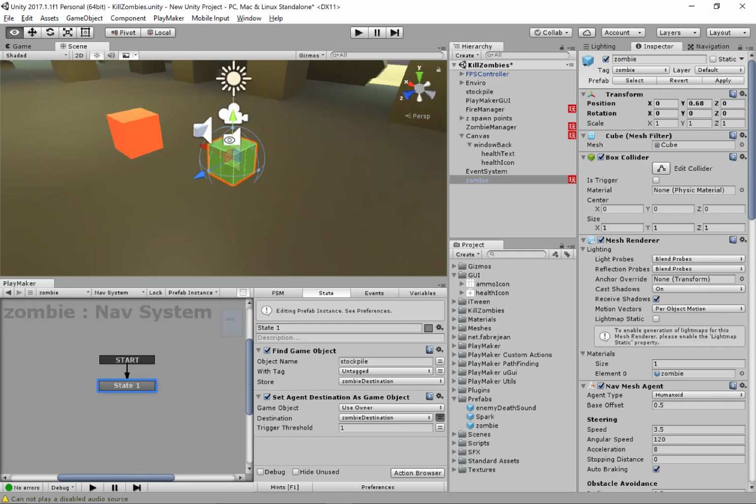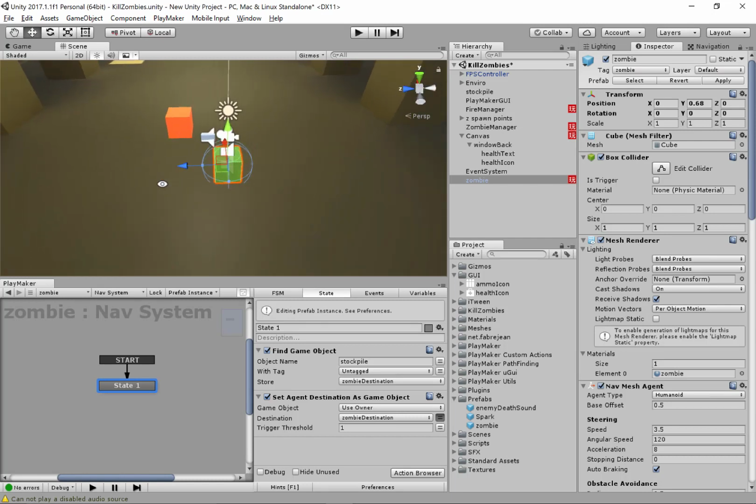So what we need to do now is create a trigger box that will detect whether or not the zombie has gotten close to the object. To do that, we're going to create a 3D object. We'll create a cube,